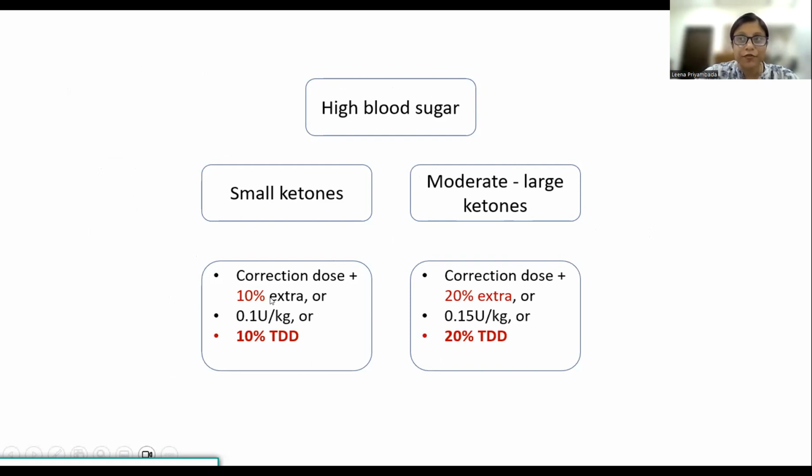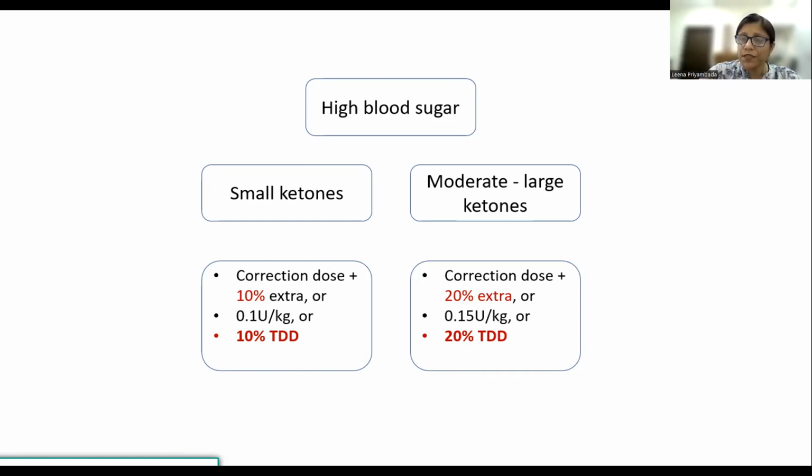Supposing you find that very complicated, or your insulin requirement is very high or very low, not like usual, then you give 0.1 units per kg. So if it is a 20 kilo child, 20 into 0.1 is 2 units. If it's a 30 kilo child, 3 units. If you think 3 units may be a little high based on how the child usually responds, then what you do is